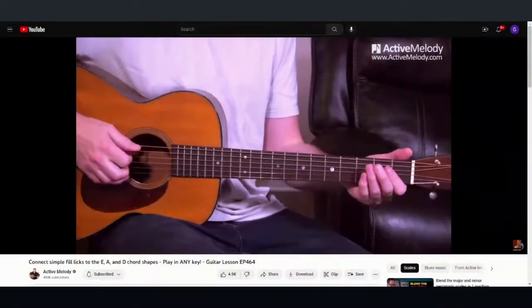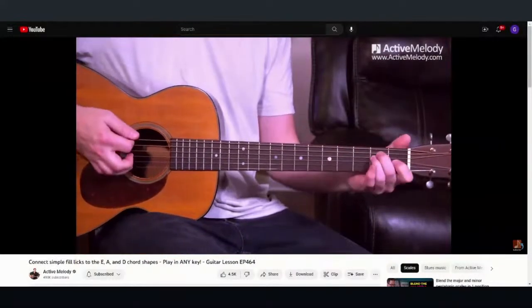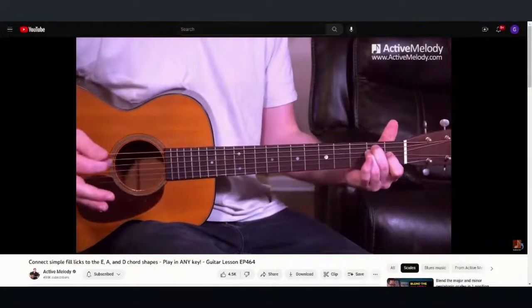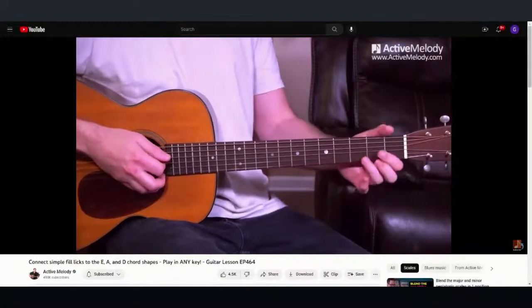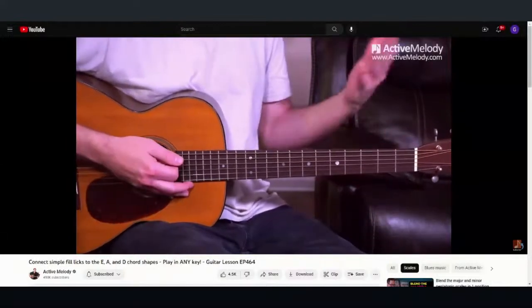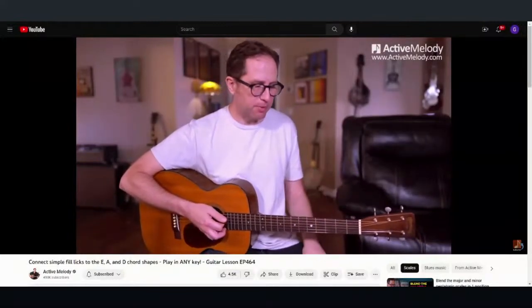Okay, so this song that we're going to be learning is in the key of A, and it's 3 chords. An A chord, which is your 1 chord, and an E chord, which is your 5 chord. So it goes from the 1 chord to the 5 chord, then back to the 1 chord, and at some point it goes to the D chord, which is our 4 chord. But basically that's it. A, E, and D are your main chords that we're going to be using.